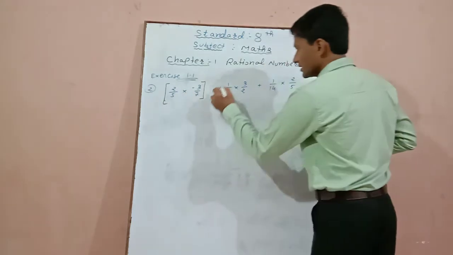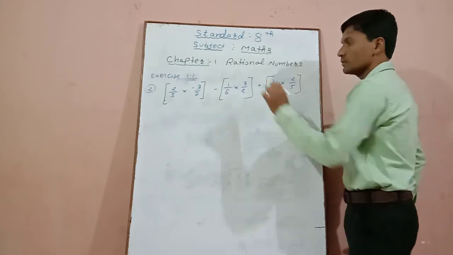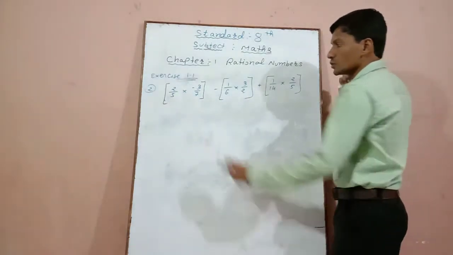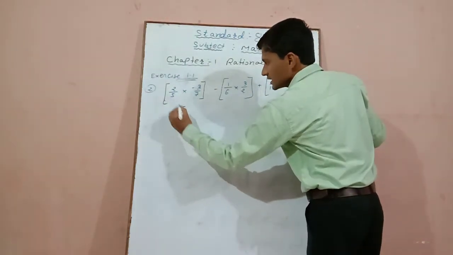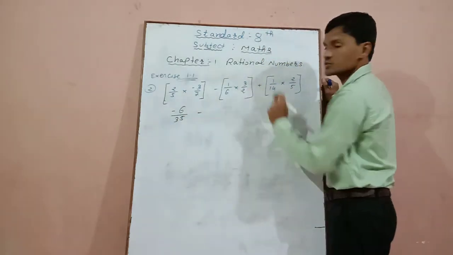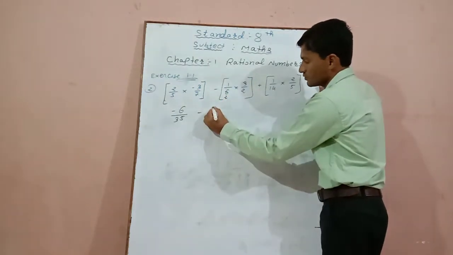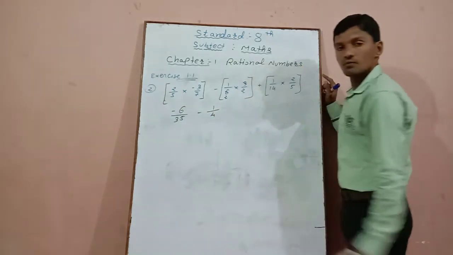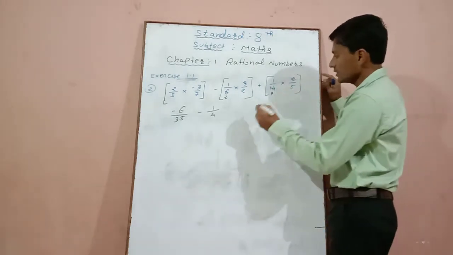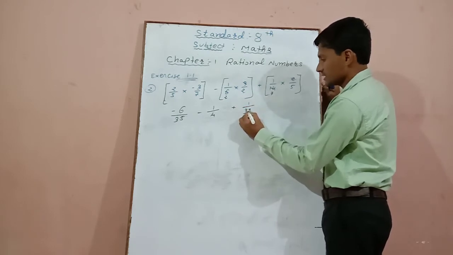Here second multiplication is here and third multiplication is here. Okay, so we will solve as per multiplication. Here there is no common factor, so 2 3s are 6, minus 6 divided by 35, minus as it is. Here common factor is possible. 3 2s are... that means numerator is 1 and 2 2s are 4. Again here also common factor, 2 7s are... So plus, numerator is 1 and denominator 7 5s are 35.